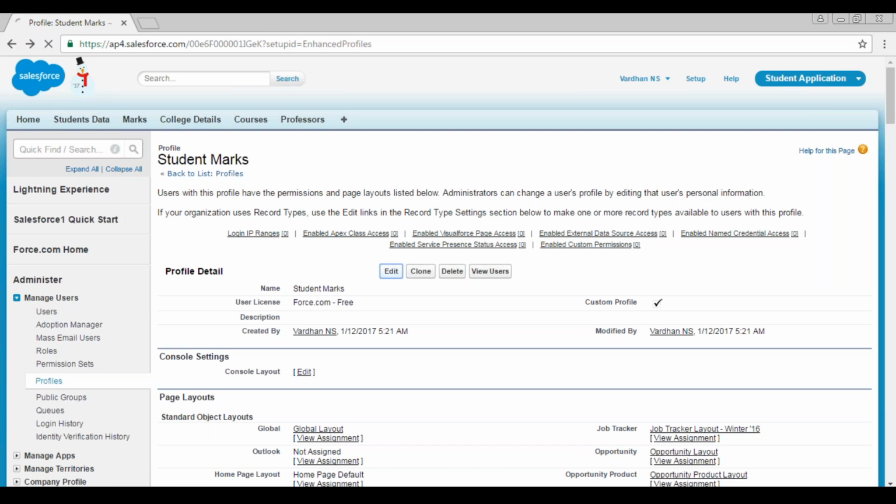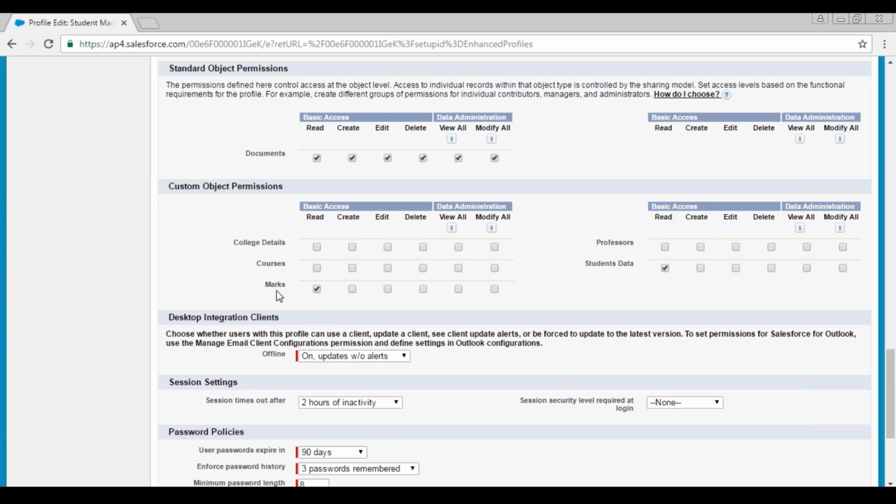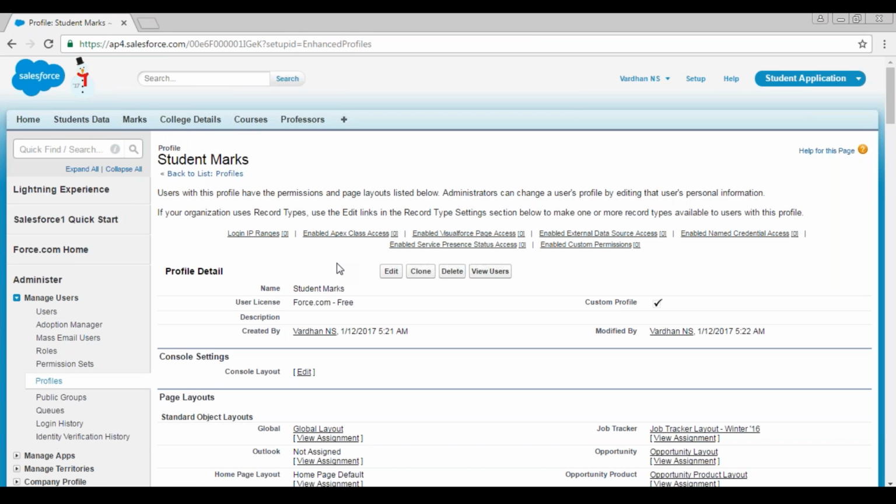I'm going to click on edit here. Let me go down. I'm going to click on read marks object. Okay, so if I click on marks object, even student data object can be read. That's because there's a relationship between the two of them. Now that I've checked this one, if I save this profile, this profile can view the marks scored